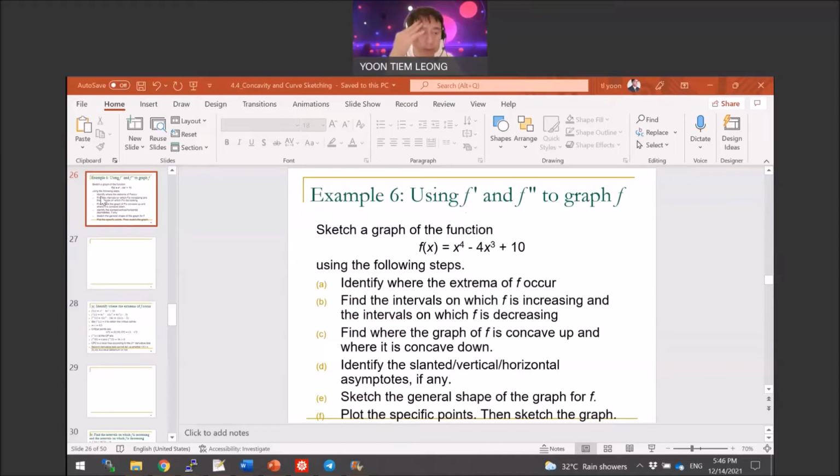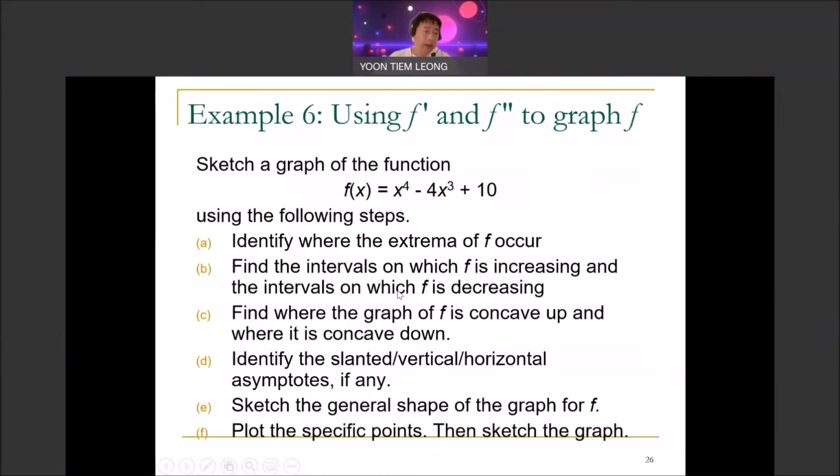So we are going to talk about example 6. This is example 6 on my screen. The graph that we're going to sketch is a function f(x) = x^4 - 4x^3 + 10. So in order to sketch the graph of the function, we have to follow the following steps: